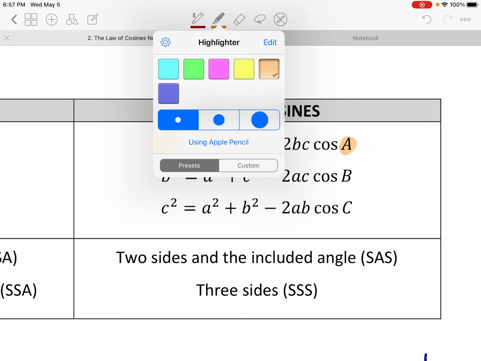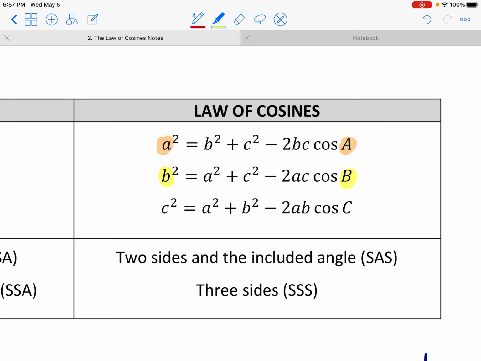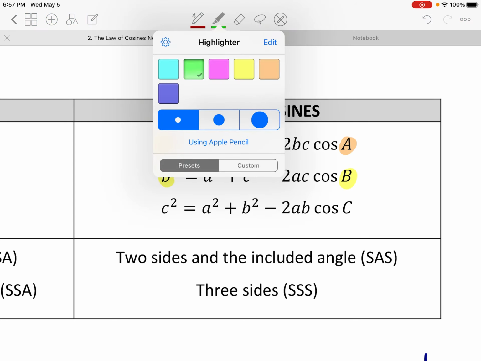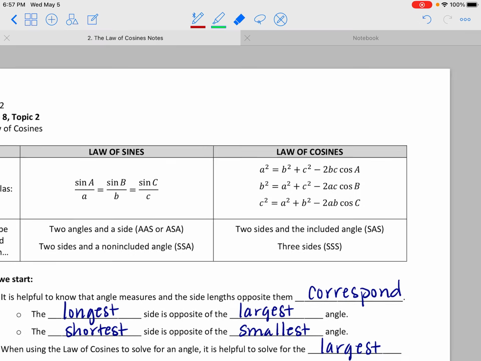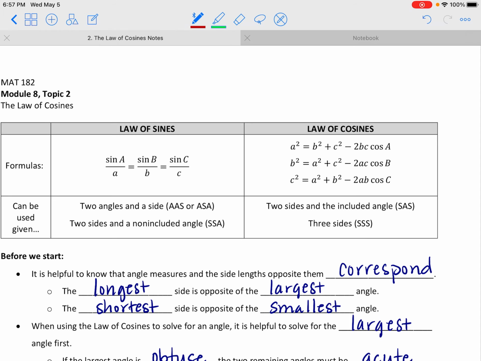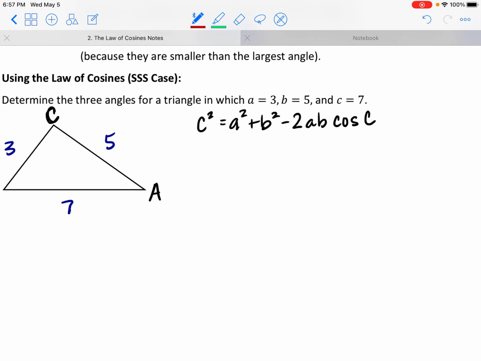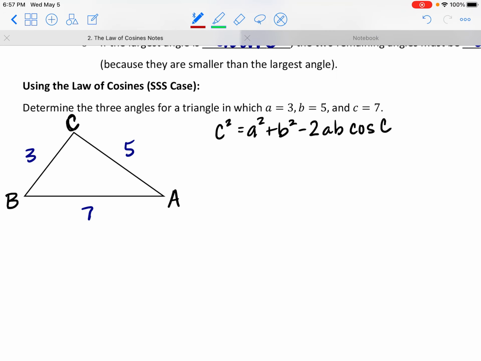And again, here we're starting with b, ending with b, and then the other two, a and c, are in between. So a squared, c squared, ac. And then in the last one, we start with c, end with c, and then the other two, a and b, are what we see in the middle. So I don't know if that helps you, but that's how I remember these formulas. The law of sines is actually a pretty easy one to memorize if you use it enough, but here it is. So we want to solve for